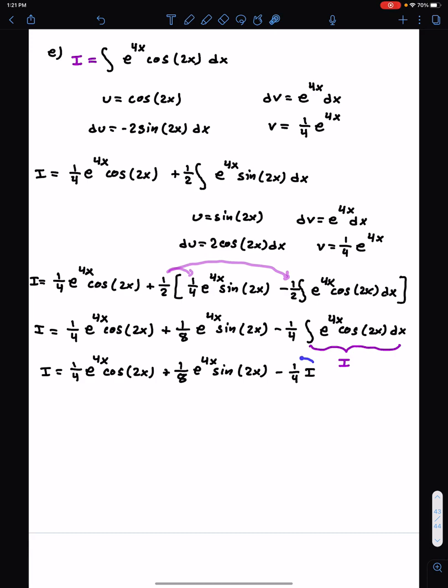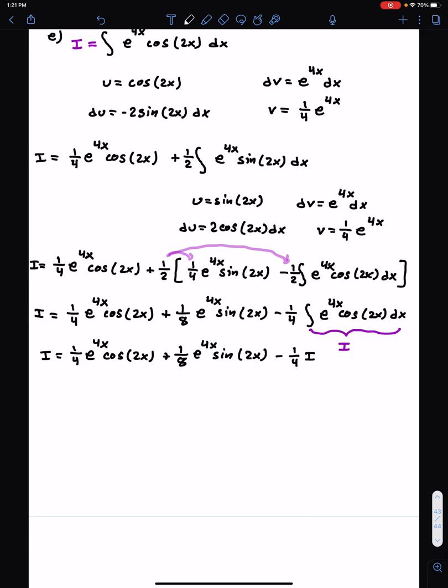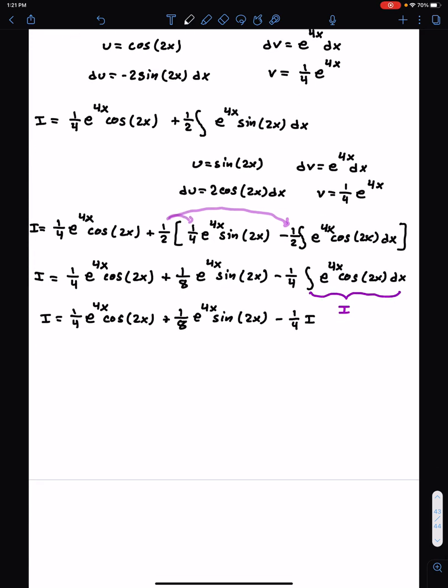So I'm going to add 1/4 I to both sides. So 1 plus 1 over 4 is 5 over 4 I. So 5/4 I is equal to 1/4